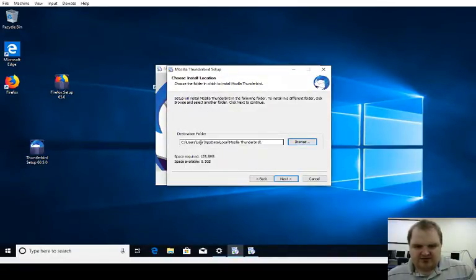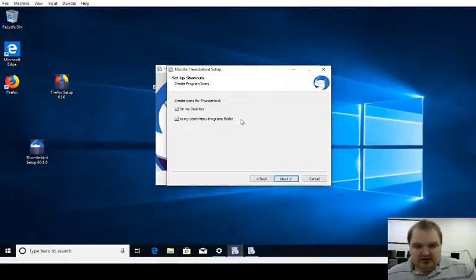But this is perfectly fine, perfectly acceptable to install to. So we'll accept the default. So we're going to hit next. And after we hit next, it says, hey, where do you want to put icons for Thunderbird? This will be where you launch